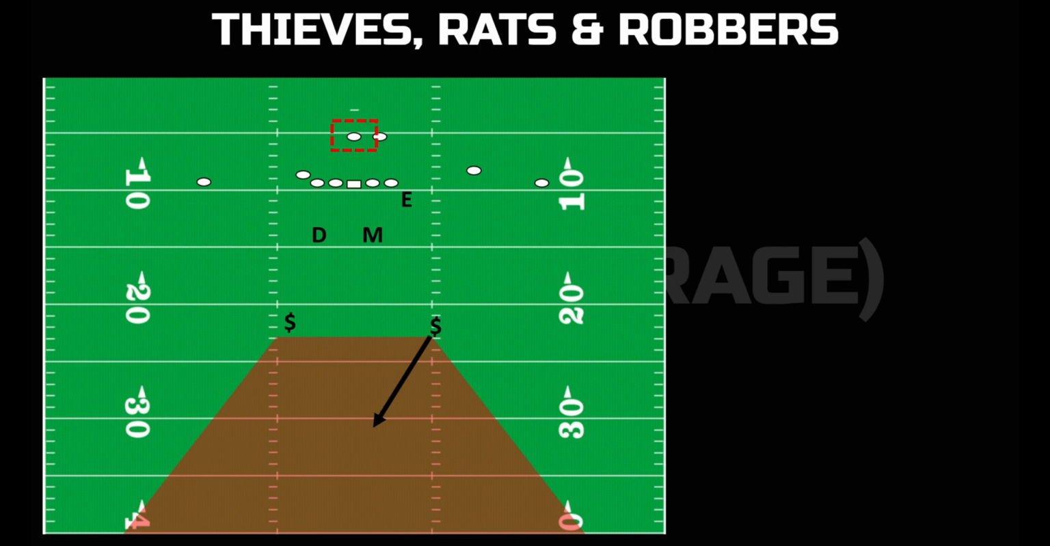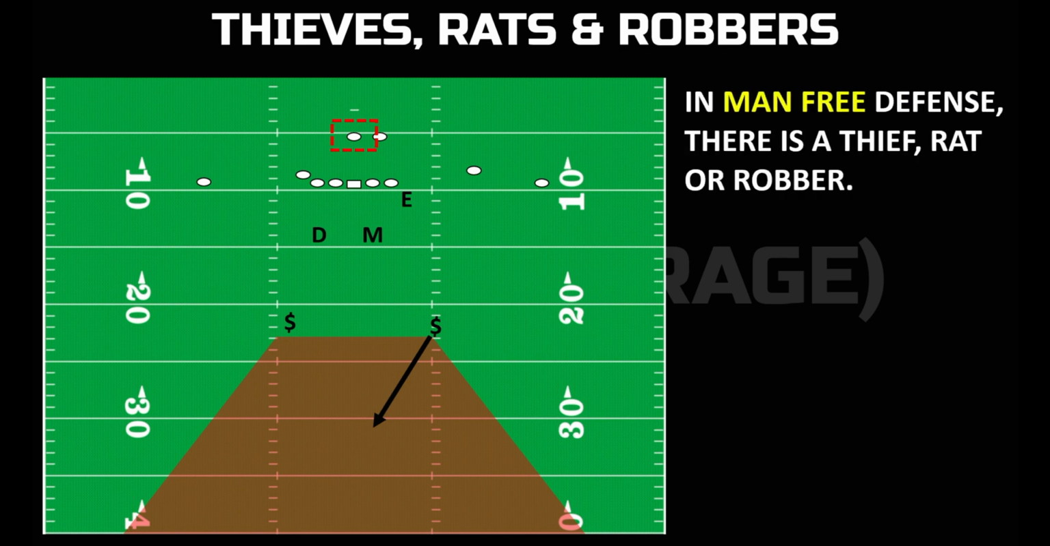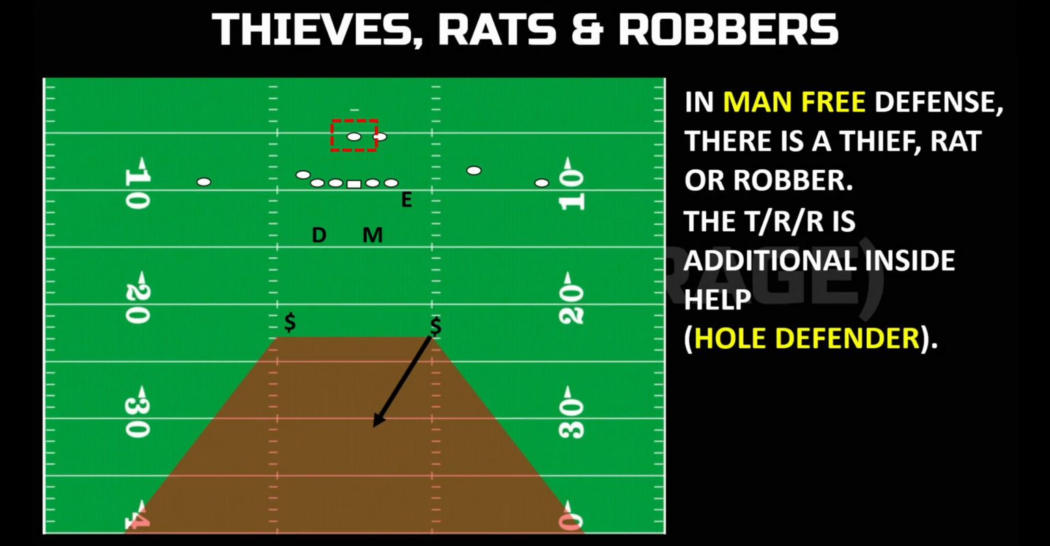Okay, now we're discussing thieves, rats, and robbers. In man-free defense, there is a thief, rat, or a robber. The thief, rat, or robber is just additional inside help, or a whole defender. Okay? When that additional help is a lineman, we call him a thief. Okay? So let's